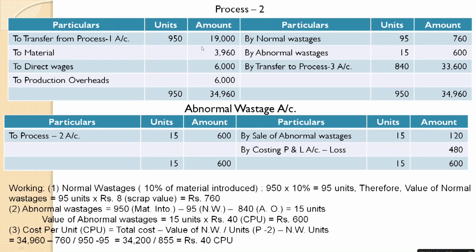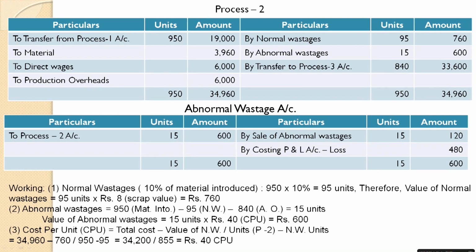Now see on the debit side of the process 2 account, make a total of the debit side total expenditures, which comes to 34,960. So this is your total cost, minus normal wastage value, which is 760 rupees. So 34,960 rupees minus 760 normal wastage value. See the working, divided by how many units introduced in the process 2, that is 950 minus normal wastage units